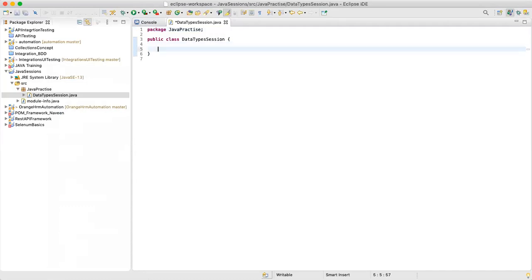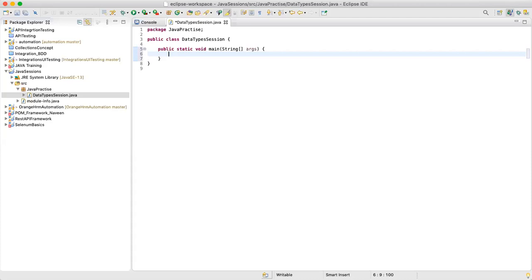Now everyone knows that we have a default class, which is public class. If you want to invoke any Java program, we need a main method. So you can just write main method. This will give you a main method. Everyone should know how to create a main method using a shortcut. You just write main and then press Control and space, depending on the system and the editor they are using.